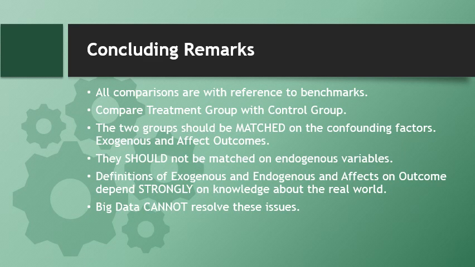And so the issues about confounding, which have confused statisticians for a long time, are mainly because statisticians look only at the numbers and they don't look at the real world. And so these numbers don't have the information that is required to solve the problem of confounding. No matter how much data you gather, even big data, you cannot understand what is a confounding factor and what is not without going beyond the data to look at the real world mechanisms which generate the data. So that is the basic task of real statistics.